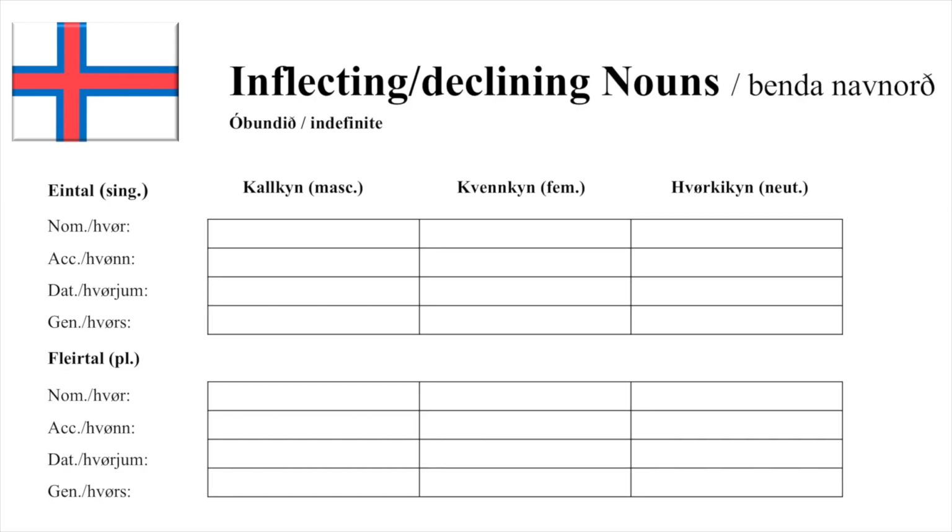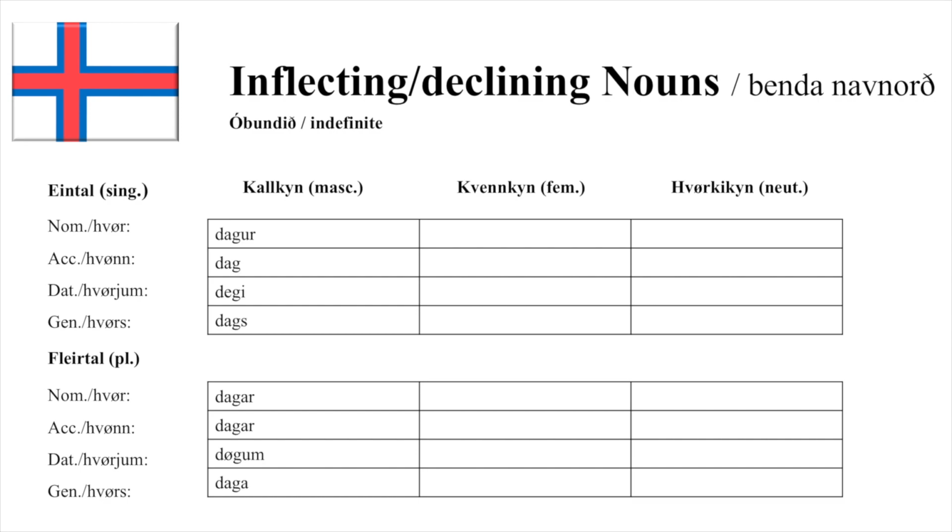So this is kind of like the form or whatever you call it. This is how we're gonna deal with nouns in this specific way. So you can see the genders are up there and the singular and plural and all the cases, and then we're starting off with óbundið, indefinite. So an, basically einheit. So then we have